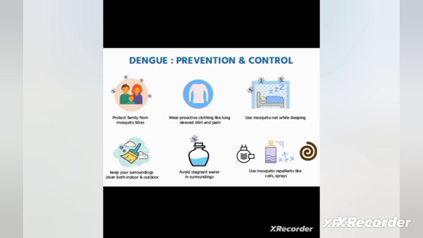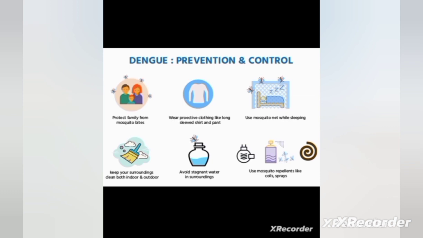Dengue prevention and control. We know that dengue is transmitted by the vector Aedes aegypti. It's a mosquito, right? So mosquito control is the main management of dengue fever. Here we have to protect the family from mosquito bites. So daytime mosquito bite is very important in case of